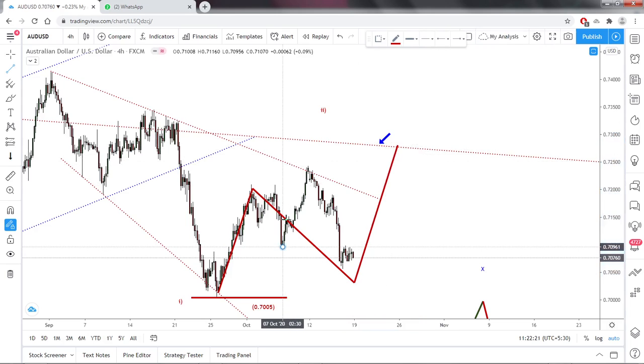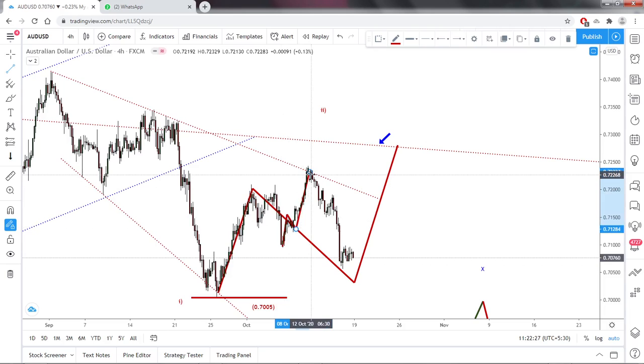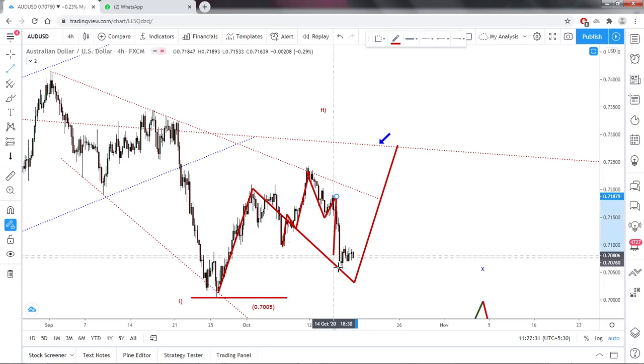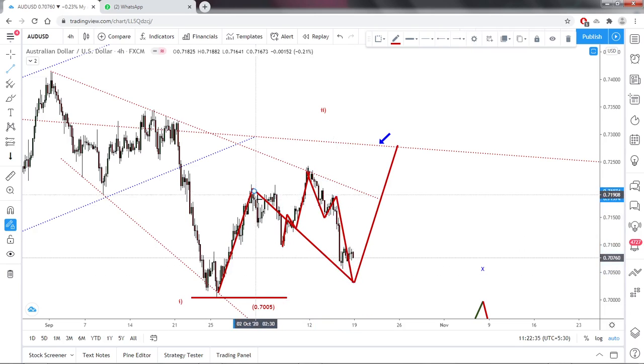Because I am not so satisfied with this move. It's looking like a 3-wave structure, and if it does like this as a 5-wave structure also, that is also valid. And here also A, B, and C got finished, and here this is not like this swing. This kind of price action is not here. It's looking like a 3-wave structure.